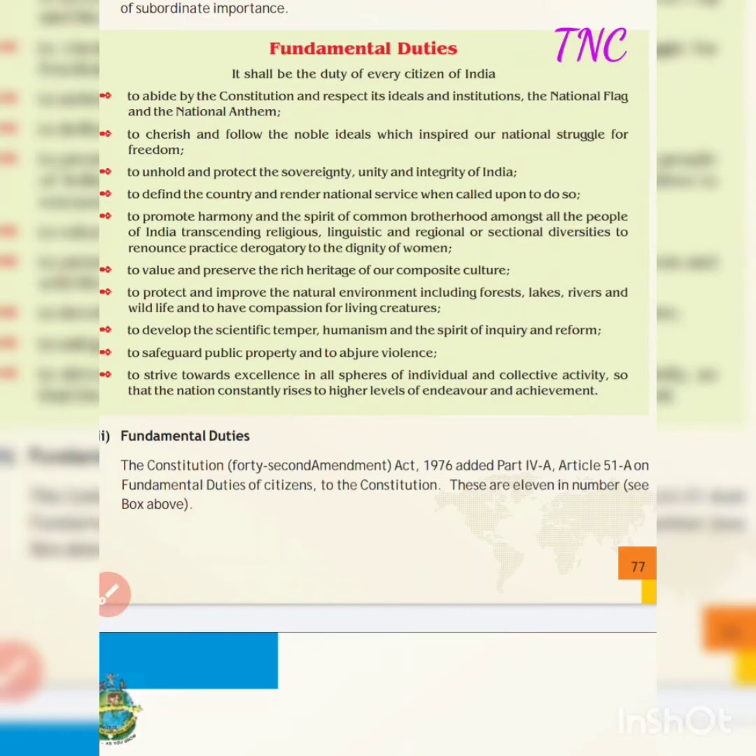So to embrace, to cherish that history and to follow the ideals which had taken us to the path of independence, to uphold and protect sovereignty, unity, integrity of India, to defend the country and render national service when called upon to do so. Whenever nation is calling you, it is duty for you to come forward and render the,